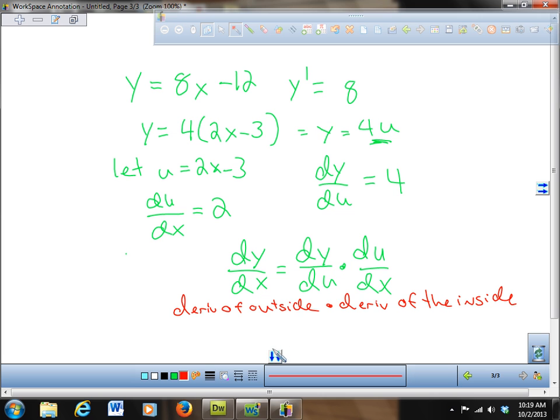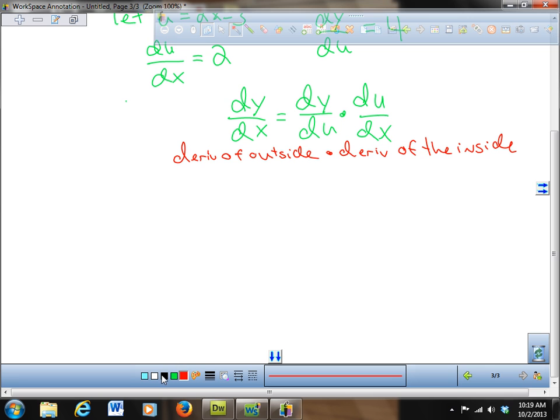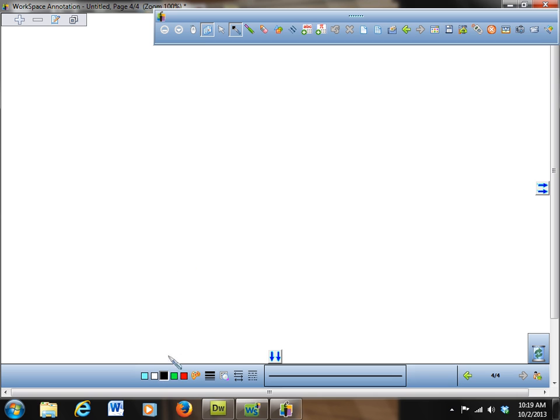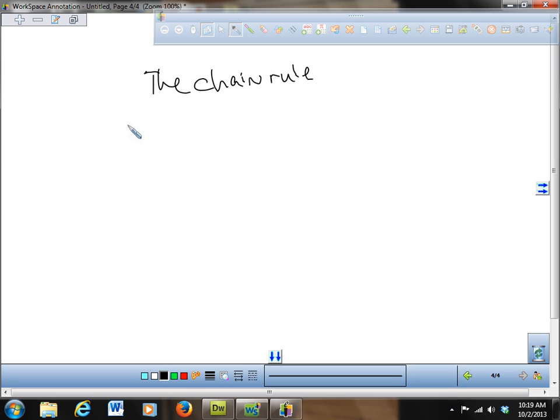So let me write down a formal definition, like they do in the book. The chain rule. I've got to pick a different color. Let's do a new page. The chain rule says if f is differentiable at the point u equals g of x, and g is differentiable at x,